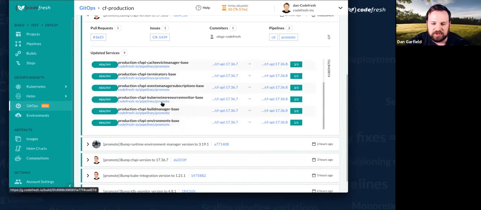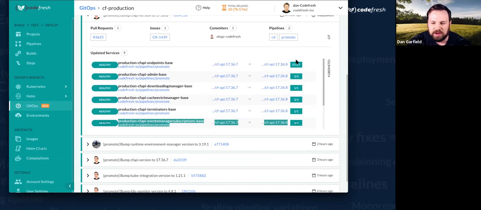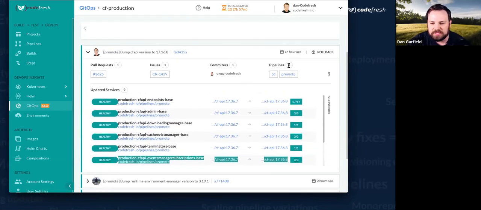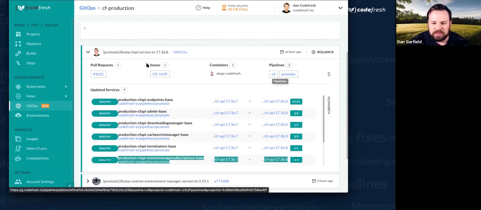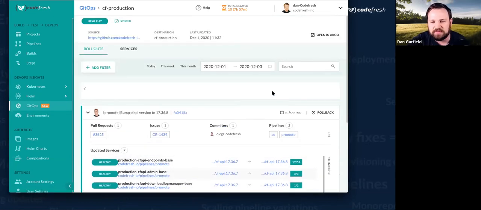This last update updated all of these services within my production cluster. And I can see, of course, which pipelines executed, and I could jump into those pipelines and actually see what changes have occurred. So the purpose of this is really to solve the issue of observability.